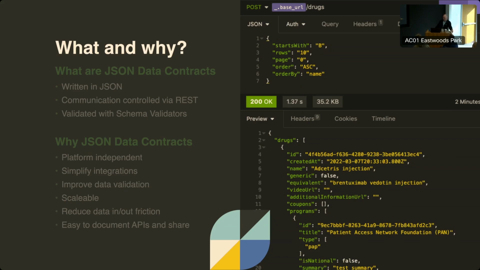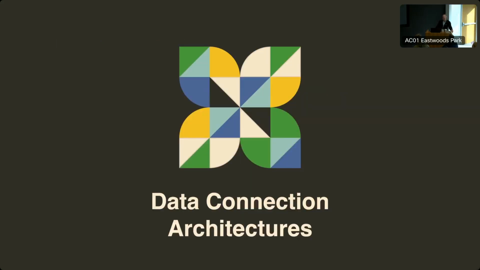Okay, I promise that was a lot on JSON data contracts, and I promise it's going to make sense when we start to look at our architectural diagrams and how the data flows between everything. All right. So before we get into the data connection architectures, I just want to do a quick